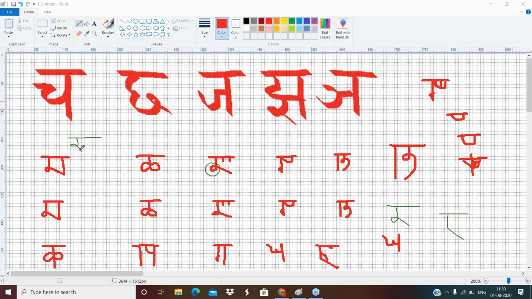But in Ra you do not elongate it too much, while in Ja it is long. If I have to draw Ra, it is just like this. You never draw Ra like this. But this is Ja. If I draw it with this line, there is no problem in writing Ja. It's a more beautiful Ja here. That's why this line is long here.